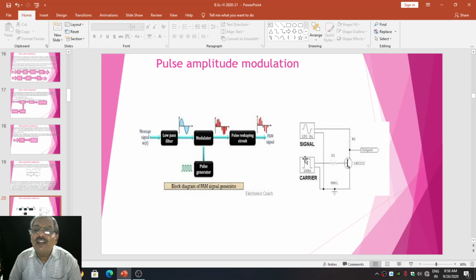The signal to be modulated and the carrier wave are connected in series with the transistor as an amplifier circuit. Depending upon the pulse width applied to the base of the transistor, for t less than 0, the amplitude is 0 and the transistor is off. When the transistor is off, even though the input signal is available for amplification, amplification is not possible.